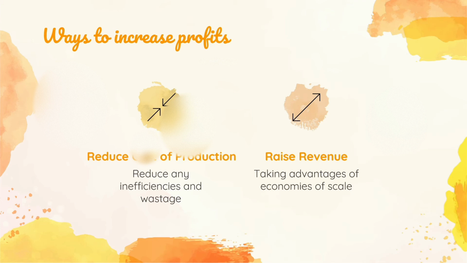Okay, they could have produced anything from that 100 grams of plastic that they have wasted, so they can recycle and reuse that plastic. This will reduce the cost of production, raise revenue, taking advantage of economies of scale. Advantages of economies of scale, as I told you, buying economies, buying raw materials in bulk, that can give you one of the advantages, and this will reduce the cost of production.